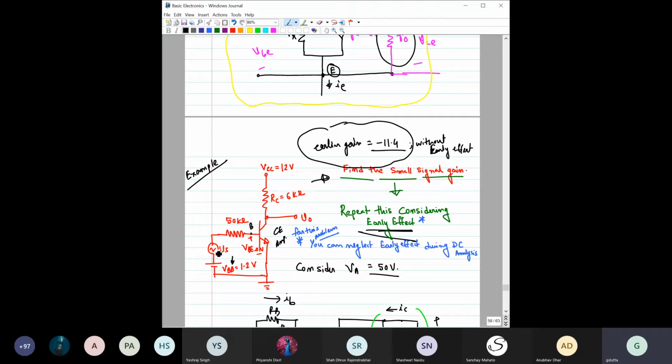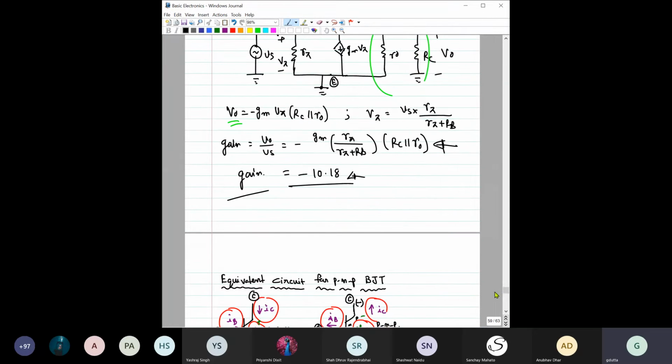One more thing is that we have also mentioned that we generally do not keep the signal source and this DC source in series, right? Because we do not want this current IB to flow through this VS. And the other thing was that for this VS, generally one terminal used to be grounded, right? So for all these reasons, we are not going to use this type of configuration to make an amplifier, but rather we are going to use